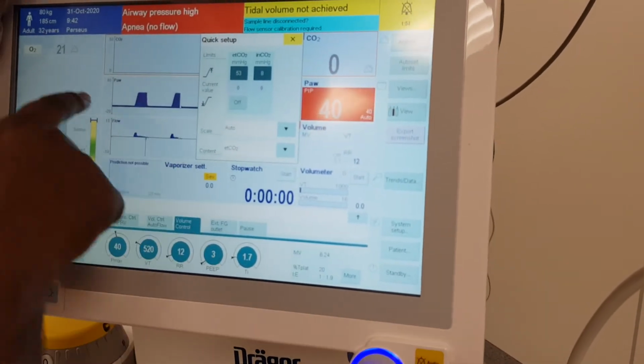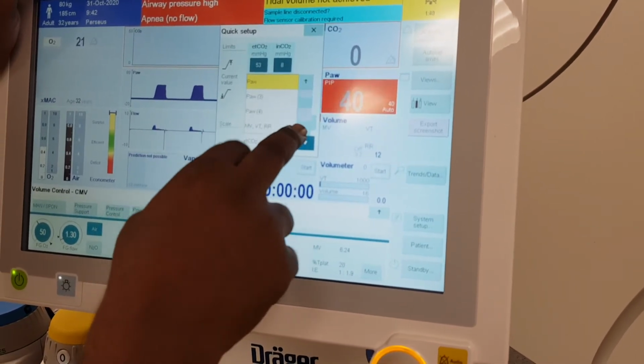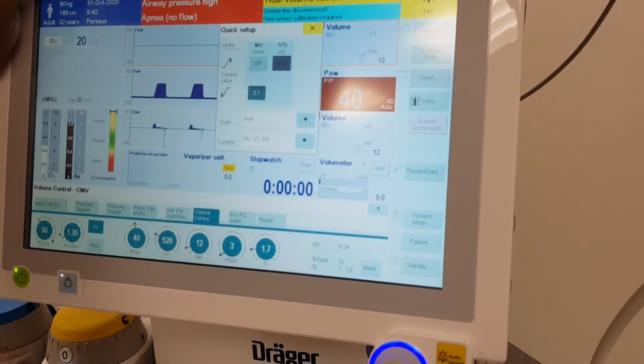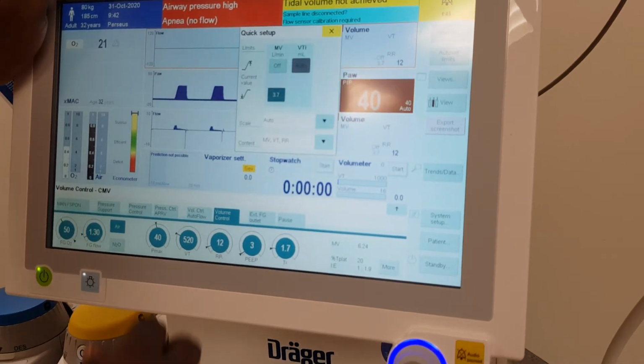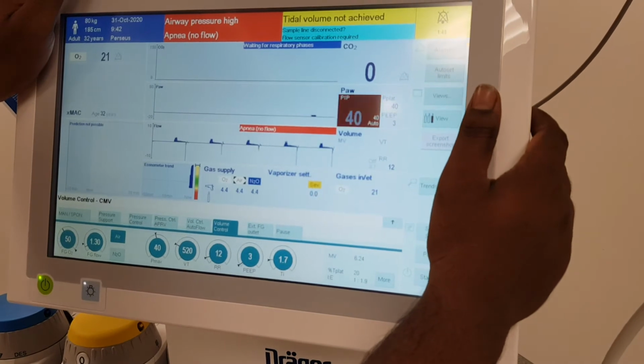If you don't want to see the CO2, you can select the CO2 and disable it, or you can see the flow graph. Or if you want to go for loops also, you can go.